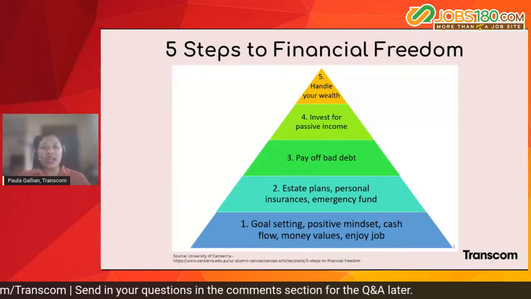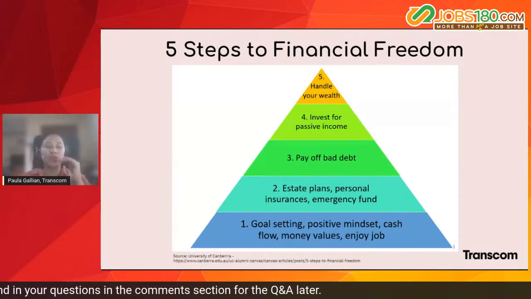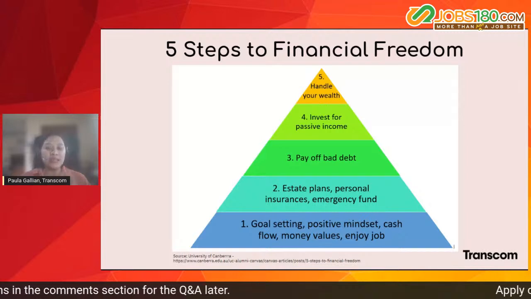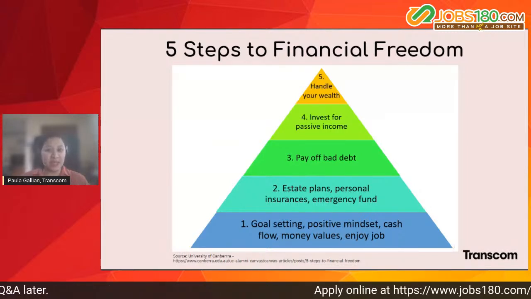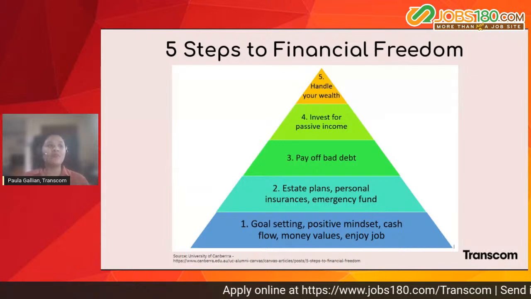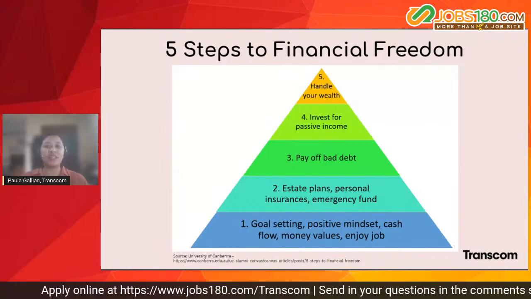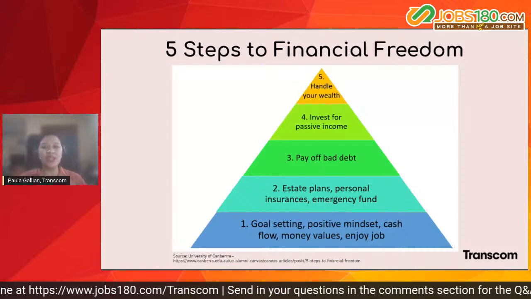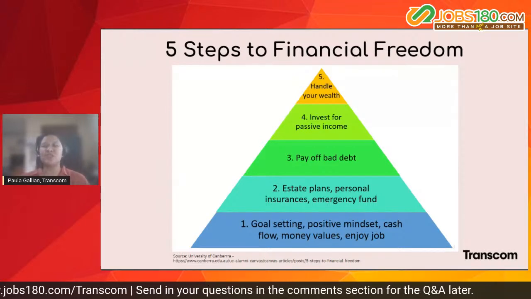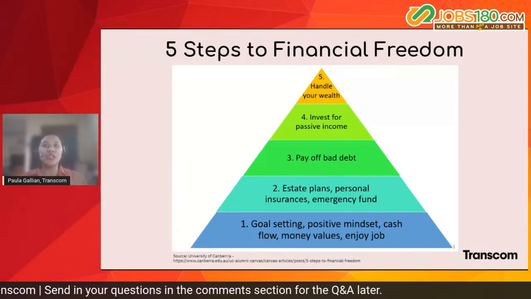And then once you have this on your first step, then go to the next plan. So go to the estate plans. Find if you can already invest partly for this one, that's good enough. If you are looking into personal insurances and emergency fund, that would be helpful. So for the emergency fund, ideally, as mentioned by the advisors, you should have at least